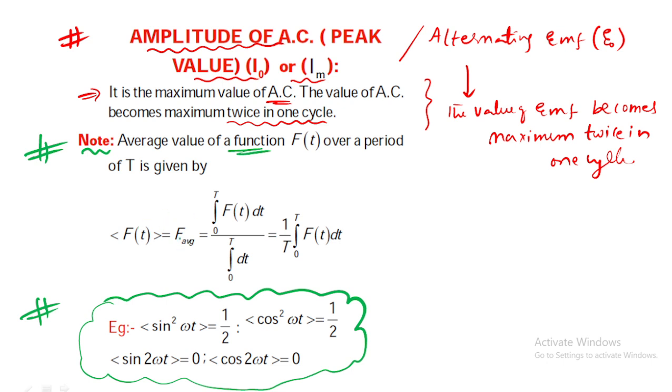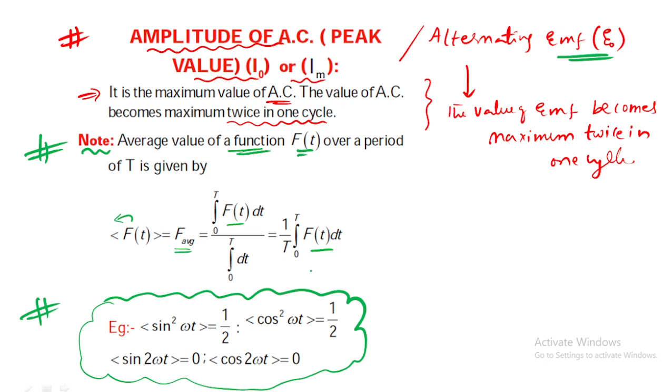Very good. Okay, this is f average, meaning any function. Here we don't have any functions, buddy, we have only two functions: either a current or an EMF. Either alternating current or alternating EMF. Now if I want to write an average function, f average is equal to what? This is a function, buddy. f of t we can write, which is a function. So 0 to T means you are integrating 0 to T, f(t) dt. If you integrate over a total T, you will get 1 by T only, no? Yes or no? Right?